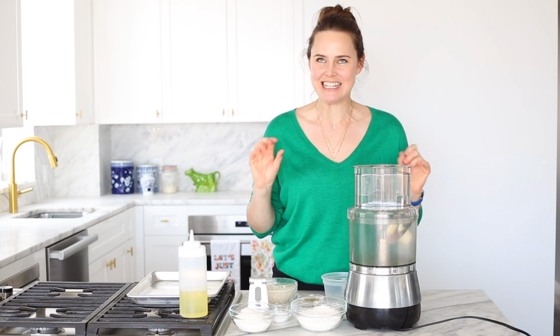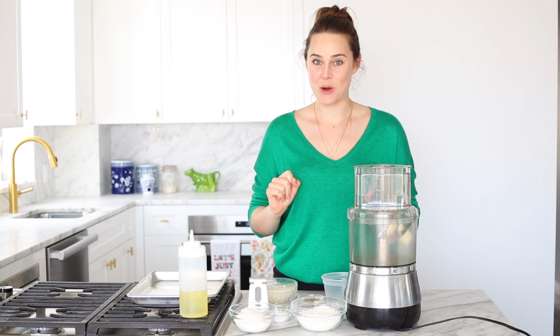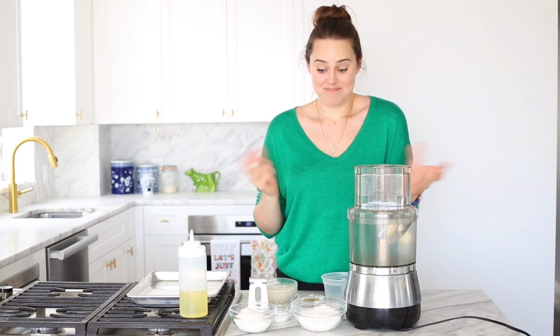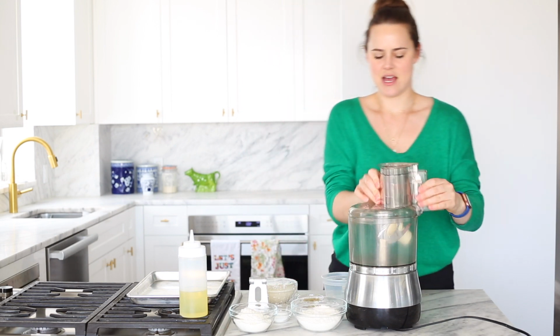Are you ready to make the easiest pizza dough ever? So we are gonna make a sourdough pizza dough in the food processor. Everything's gonna go in there, it's gonna be super easy, and I mean, let's do this. Okay, so,